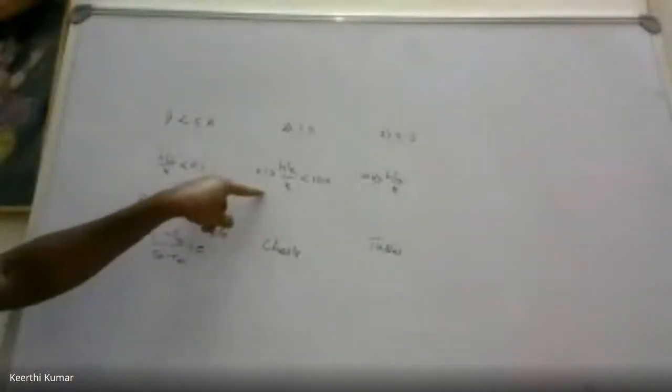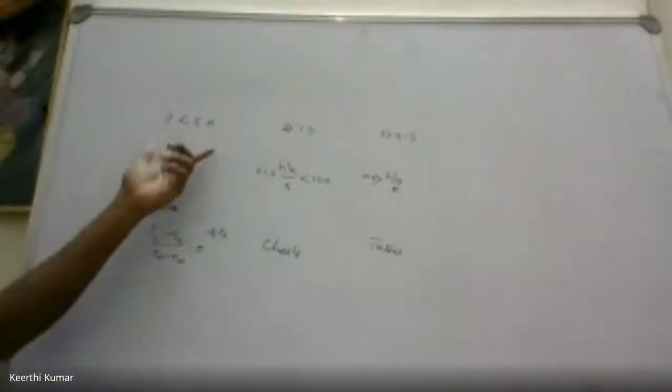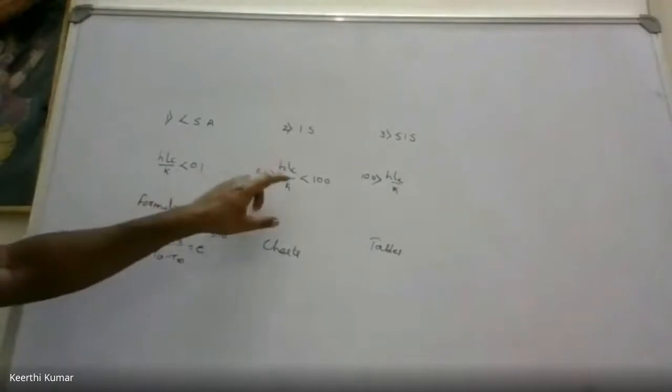By using this formula or by reading the question itself, you'll understand. He will be giving the temperature of the body first. After some duration, the temperature of the body is how much? Then definitely it is lumped system. Same thing, if the temperature of the body is something earlier and it is kept in here, after some duration, the temperature of the body at the mid plane and at the surface is how much? So he is asking at two locations, one at the center and one at the surface. That means depending upon the location he is asking, that problem is to be solved by